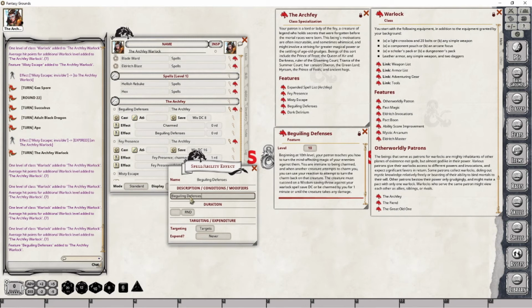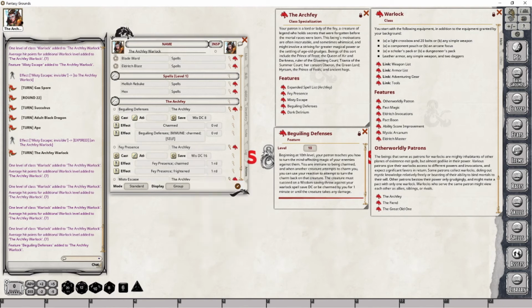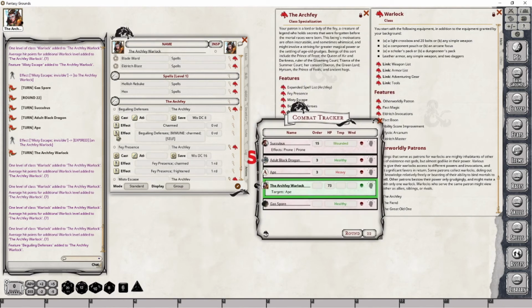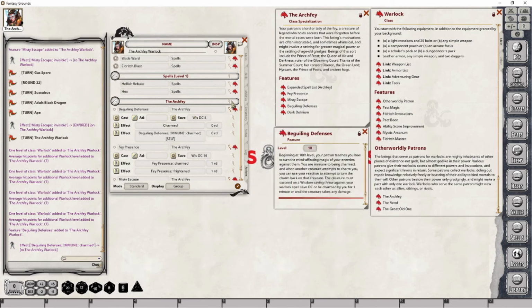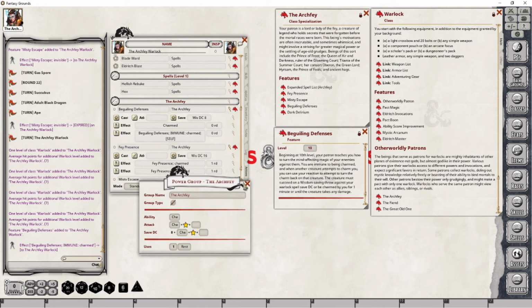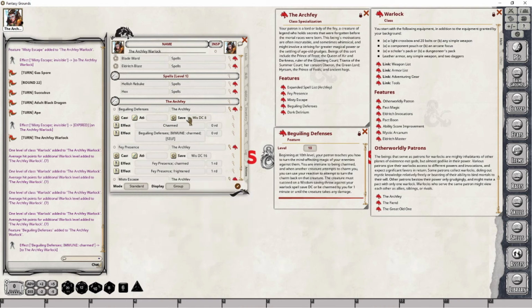Defenses, semicolon, charmed. Oh, sorry, my apologies. Immune, charmed. It doesn't expire, and it only can be on you. Now what'll happen is whenever you get dropped into the combat tracker, you just simply click this so that that effect is always there. And that will tell the Dungeon Master that you are immune to charm effects. Now, as for the wisdom saving throw, we've already got this set up so that it should go through and potentially set this up. But there is a bit of a catch.